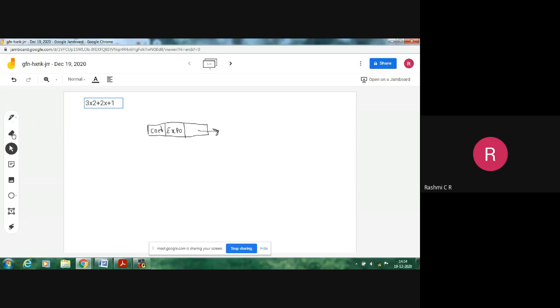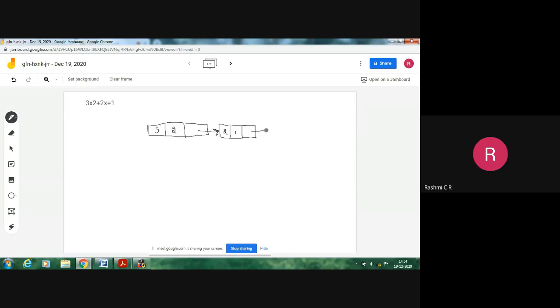Okay, in every node I have to indicate the coefficient and exponential part. What is the coefficient and exponential for the first term? We will initially start with the first term. The first term in our given polynomial is 3x square, so the coefficient is 3 and the exponential is 2. This is how we will be indicating the coefficient and exponential. Similarly, go with the next term. We have three terms in the given polynomial, so when you go with the next term, 2 is the coefficient and 1 is the exponential. That is the second term.